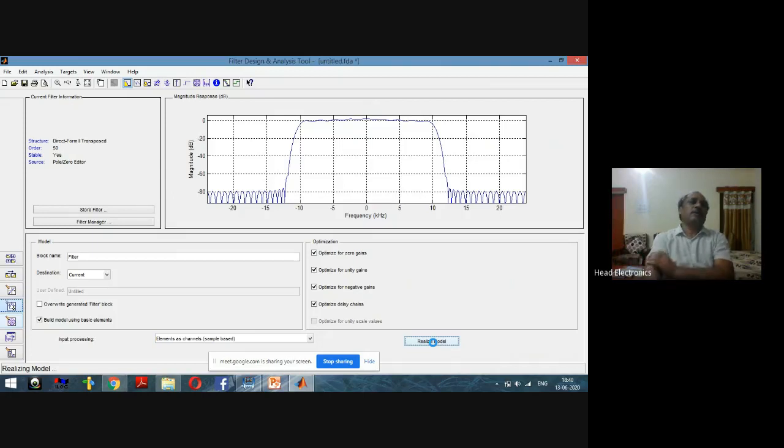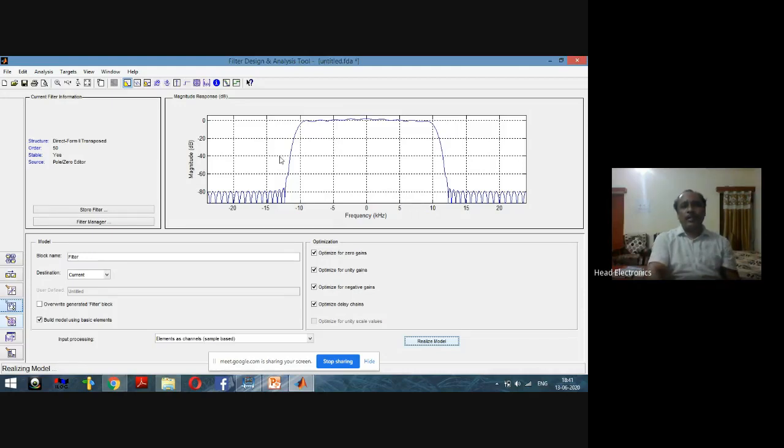In this architecture, as we have discussed, the order is 50, so 50 energy storing elements must be there, and 51 taps must be there because the length of the filter is 51. We have discussed the number of multiplications, but in the filter information, what must be the number of additions and multiplications? Now we will see that information, the number of required adders and multipliers in the architecture. Here we will see the hardware architecture of our designed filter.